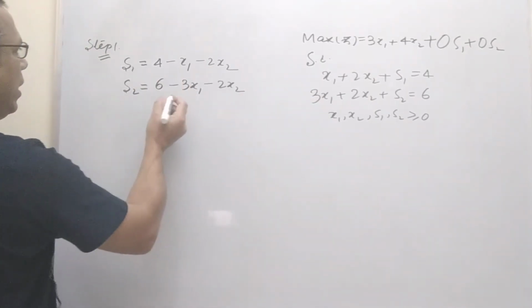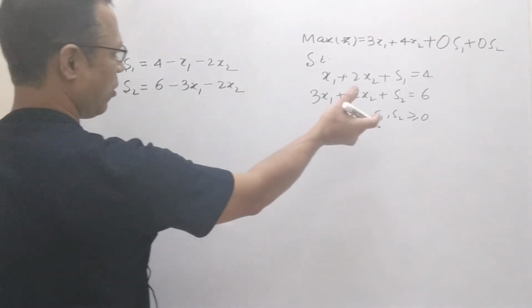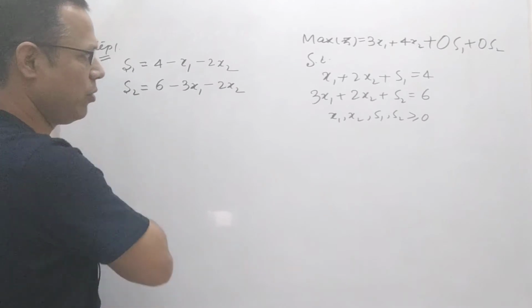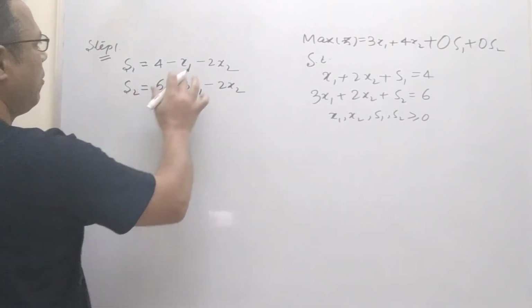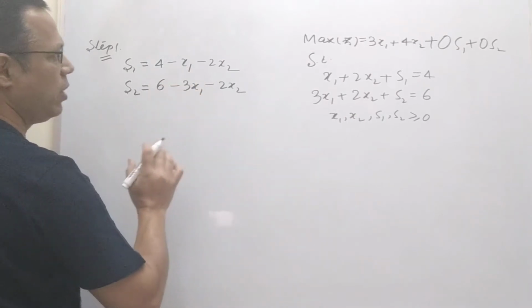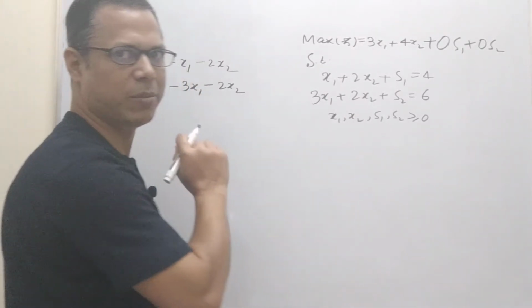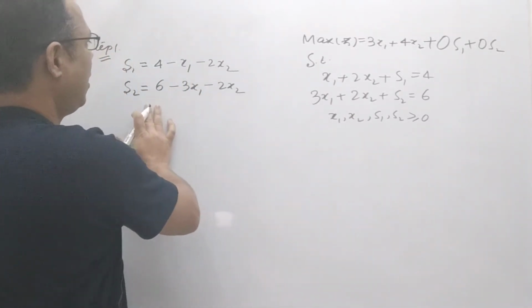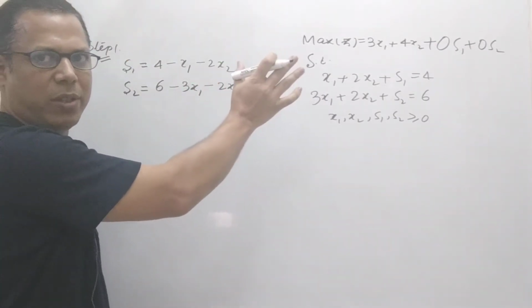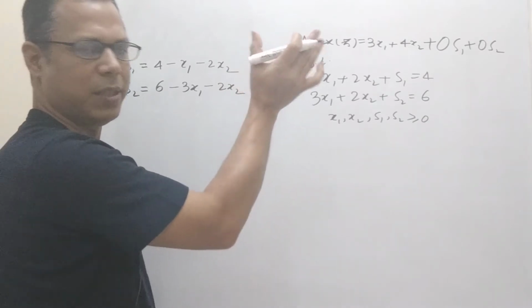So here I am not going to write all the time, because we know very well this variable will always be greater than or equal to 0. So once all the variables are greater than or equal to 0, first we will see which variable is going to enter into the basis, because now we are going to apply the algebraic approach, but the concept will be taken from the simplex method.